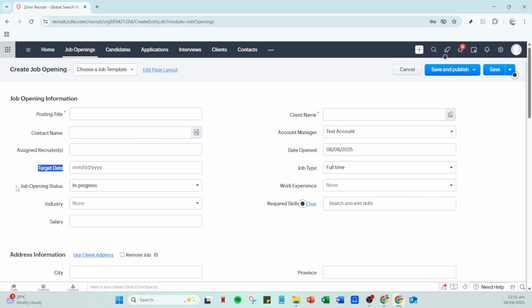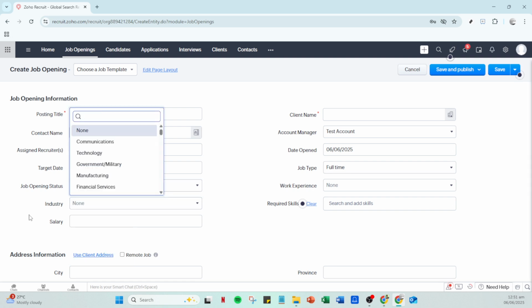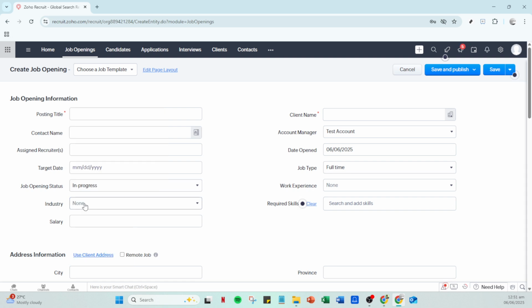After this, select a job opening status from the available options to reflect where this job sits in your hiring pipeline, such as open, closed, or on hold. Choosing the right industry is also vital, as it makes your job posting more searchable and ensures it reaches the right audience. Don't forget to enter a salary range or compensation detail to provide transparency and attract candidates who align